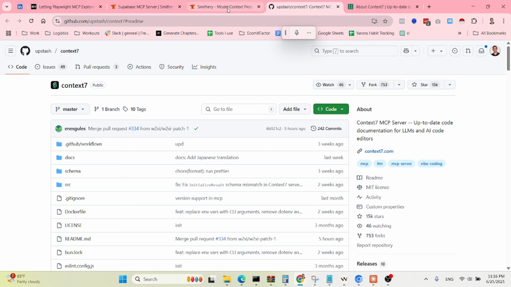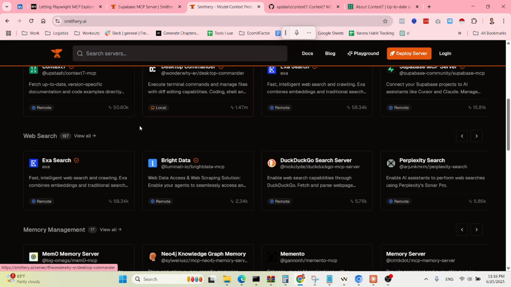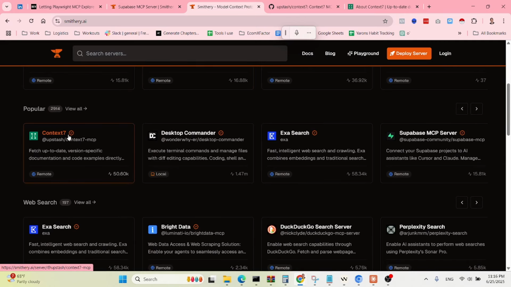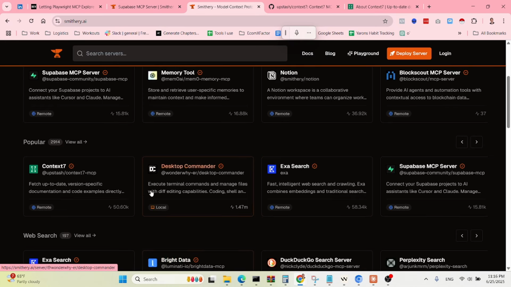So every now and then I go to Smithery, which is basically an aggregator of different MCPs, and I see what MCPs are trending. So for example, we see here Context 7, which we are going to discuss, the Desktop Commander, which I did a video about a few weeks ago, Excel search, Supabase, etc. So it's very interesting to see what's going on, what are people using. But today I want to show you Context 7,